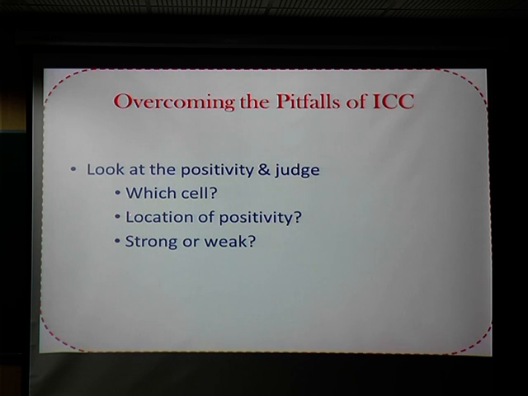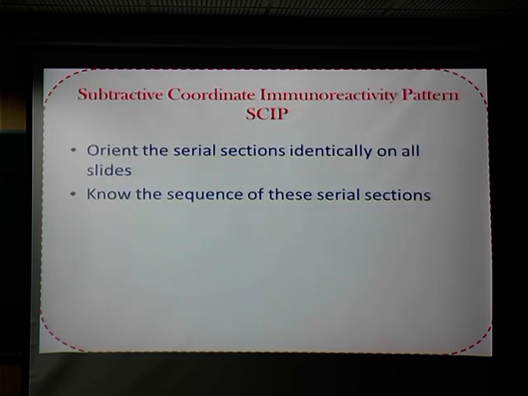And third, most important, you look at the location of the positivity. Where are you looking for it? Whether it is in the nucleus, whether it is in the cytoplasm, whether you have applied proper controls for a similar setting to say that yes, I have got membranous positivity or not. So in order to locate the positivity properly, in a cell block you have to orient the serial sections identically on the slides, and this approach is known as the subtractive coordinate immunoreactivity pattern, or the SCIP approach,